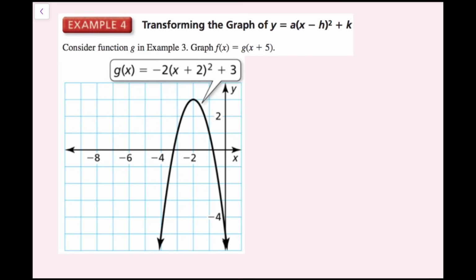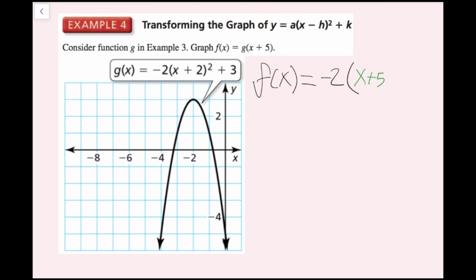We plugged in negative x wherever we saw an x. Well, this is going to be very similar. What we're going to do is plug in this x plus 5 where we see an x here. So I'm going to rewrite f of x as f of x equals, and then I'm going to write g of x, which is -2 times, and then instead of writing x plus 2 here, I'll do this in a different color. I'll do it in green. I'm going to write x plus 5,